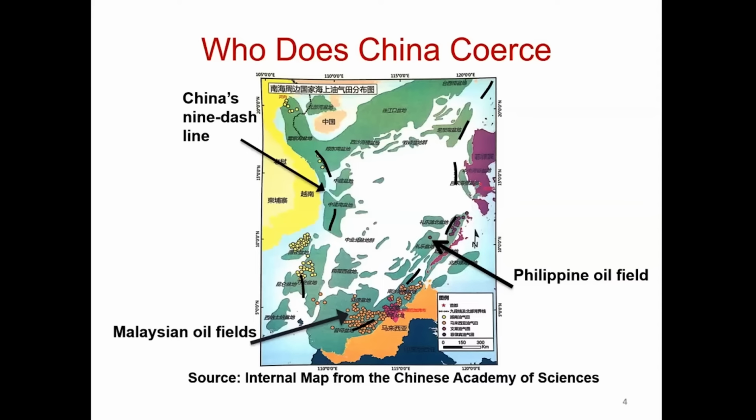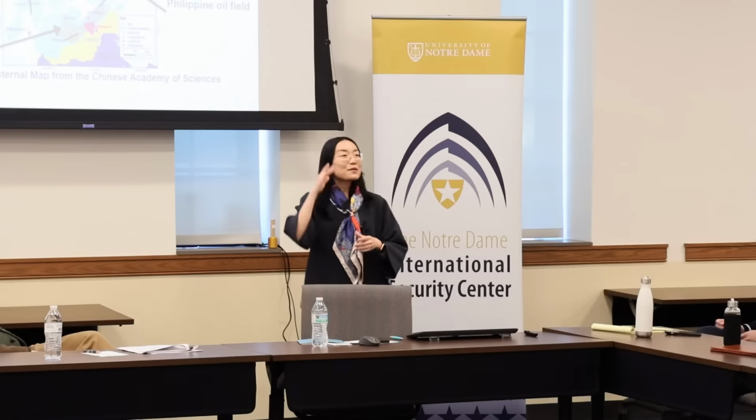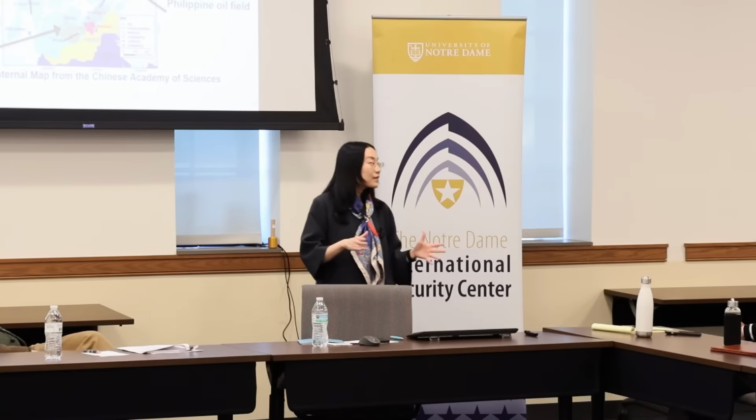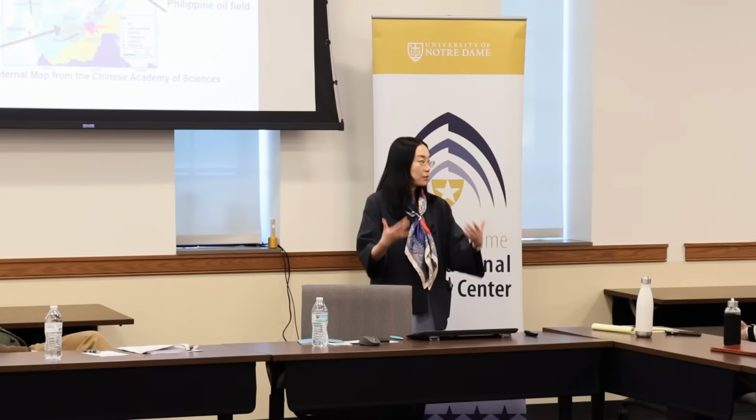Now, the question for you, by raise of hands: of these two countries, which would China be coercing more harshly and frequently? Team Malaysia here, anyone? Really? Team Philippines? Wow, and the rest, abstain? Which is very much aligned with China's voting record at the UN. Well, I think the majority of you are much smarter than I am. So the winner is Team Philippines. China coerces the Philippines a lot more harshly and frequently than it does Malaysia.